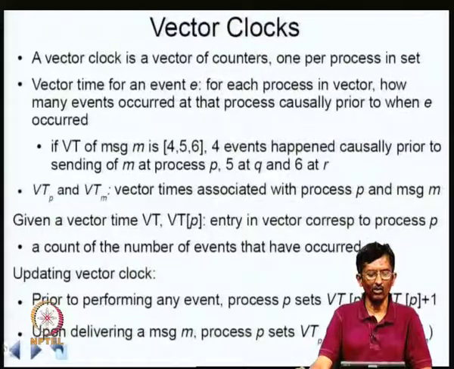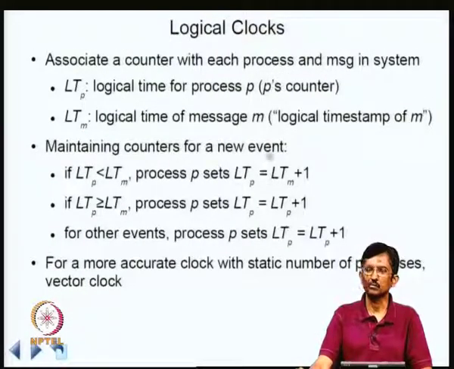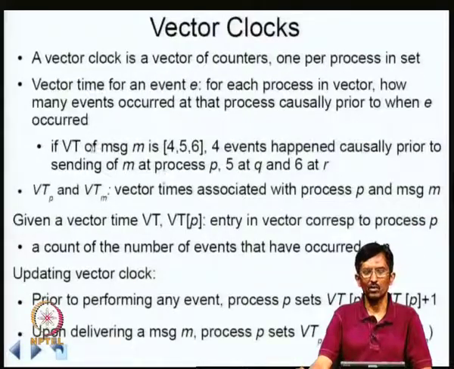But if we look at the logical clock, it all gets put into one counter. Okay, so you don't have that discrimination. So, I can make finer distinctions with a vector clock than I can with a logical clock. For example, I can know that the number of events causally preceding some event at my place has not changed, whereas in a logical clock it will be a different number because of other events and I can't figure it out, whereas here I can figure it out. Okay.